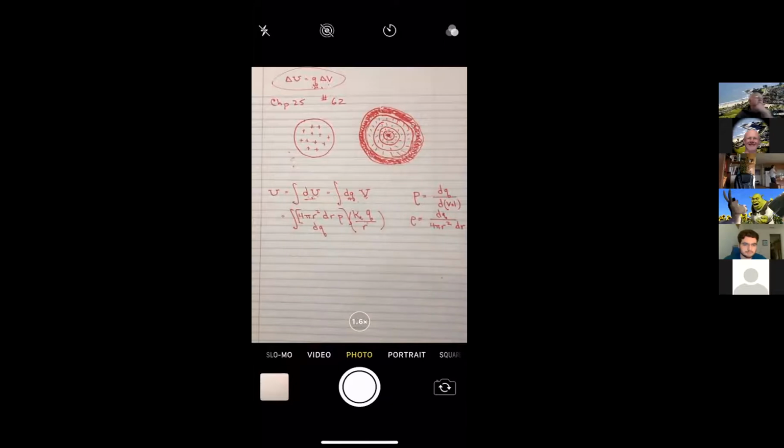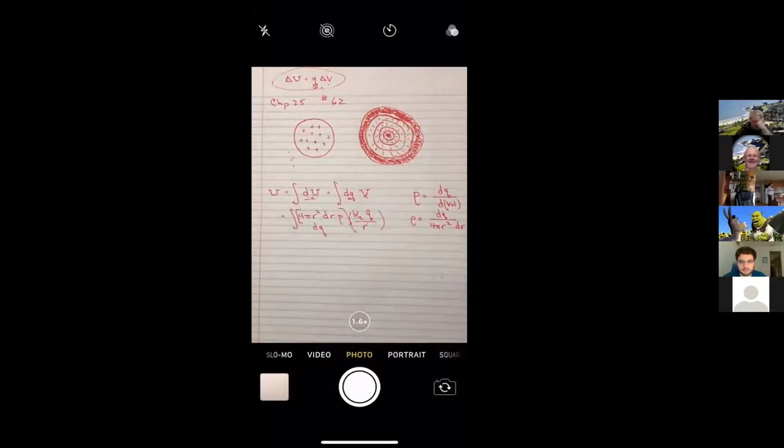Okay, then you said they did something with rho. Is that what you're saying? Yeah, they solved for Q. They said that dq is equal to rho 4 pi r squared dr, and then they plugged that into a weird integral, like a normal integral, but it looks like it's the